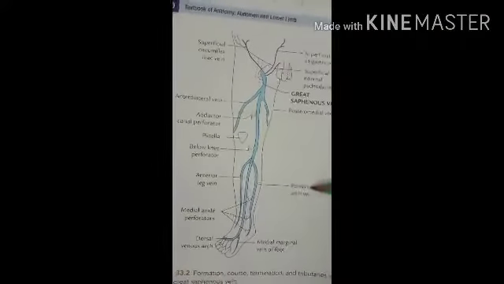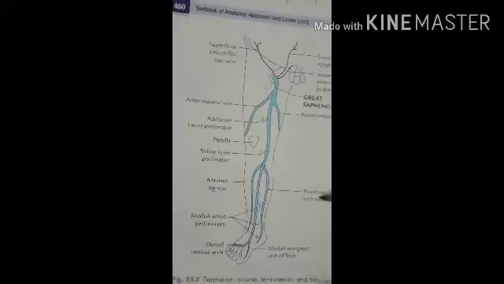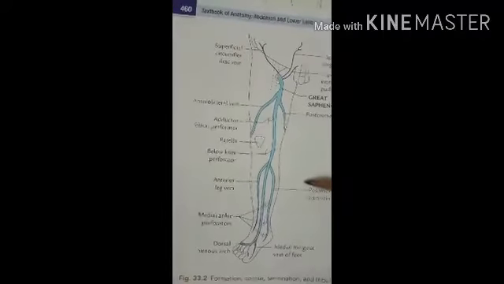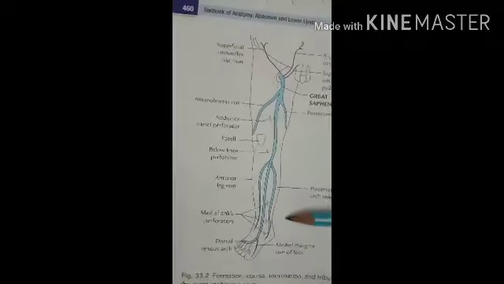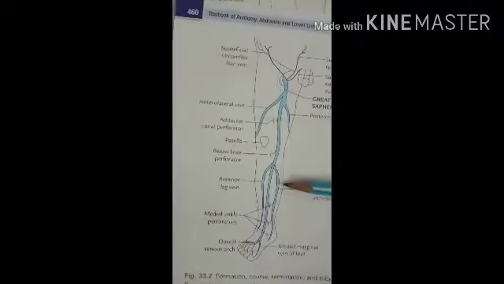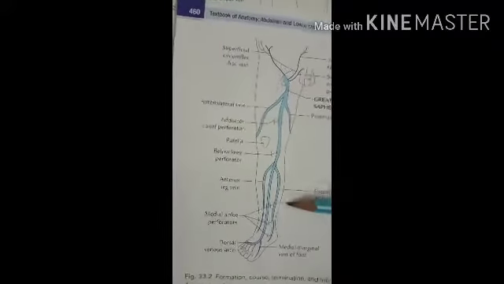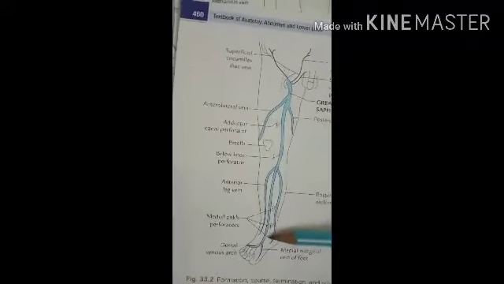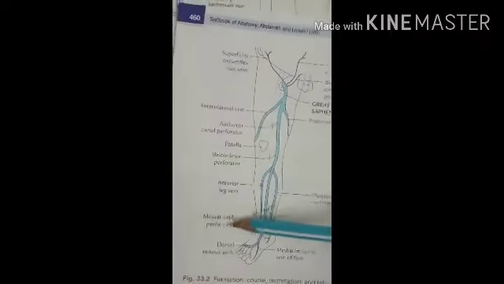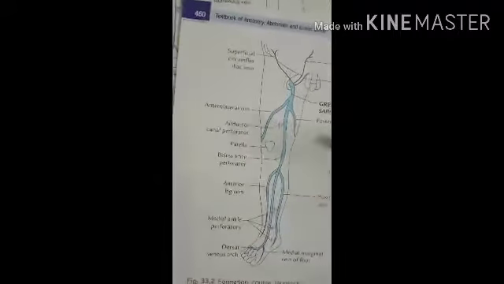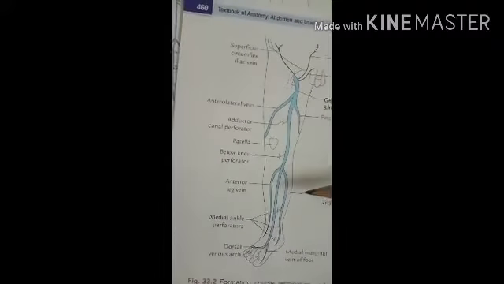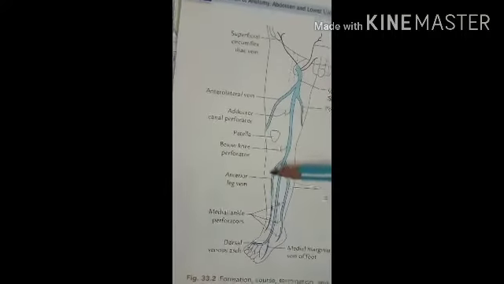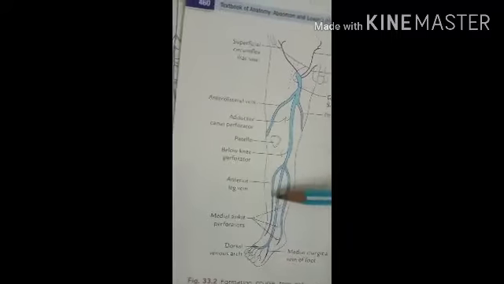Here you can see the posterior arch vein. It is a large and constant vein, and it collects blood from the posteromedial aspect of the calf and begins as a series of small venous arches which connect the 3 medial ankle perforating veins. Here you can see the 3 perforating veins forming the medial ankle perforator. Then next, just below the knee, is the anterior vein of the leg. Here you can see the anterior vein of the leg.